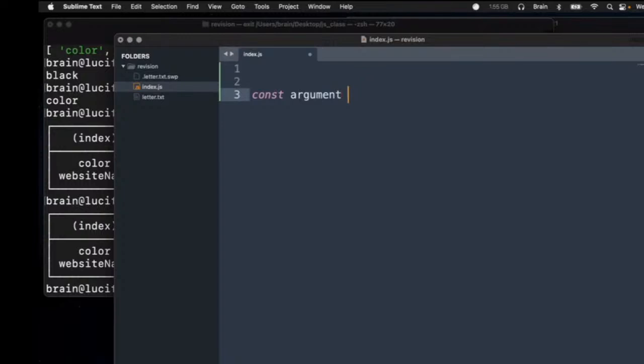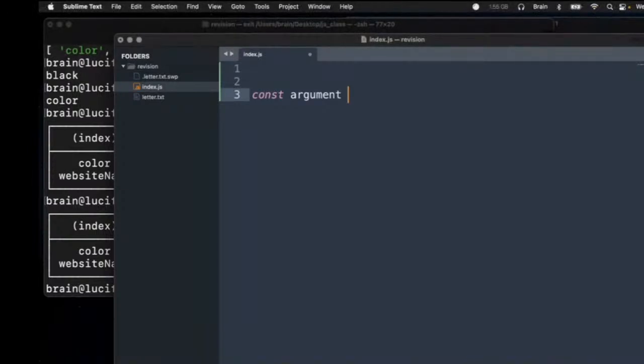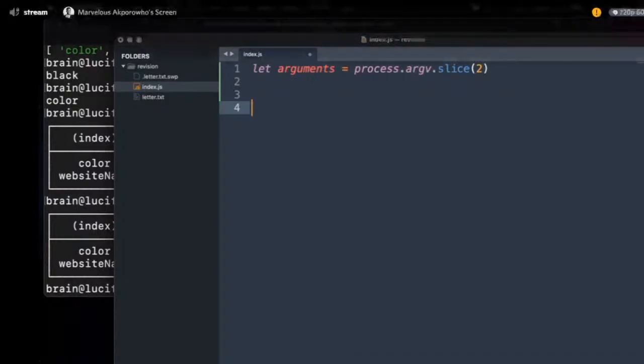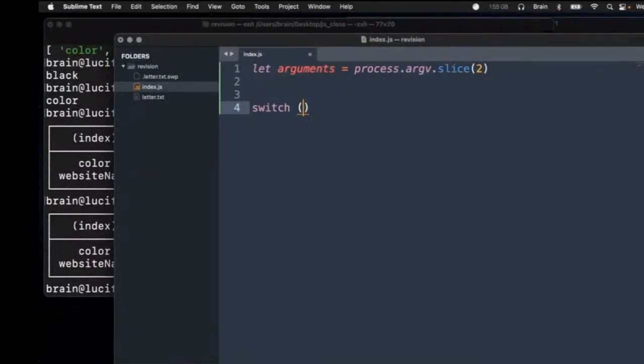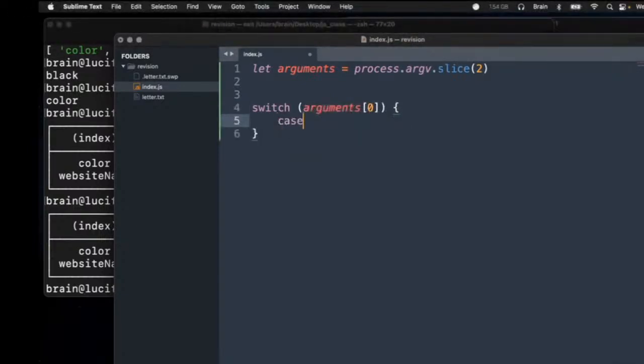We slice off the first 2 items, of course, which is the node and the name of the file. We're taking that off, and then we just want to use a simple switch statement. Okay, so a switch statement in JavaScript. We want to grab the first value from this argument. So we take the first value, and we are going to say with some cases, if this first value is color,